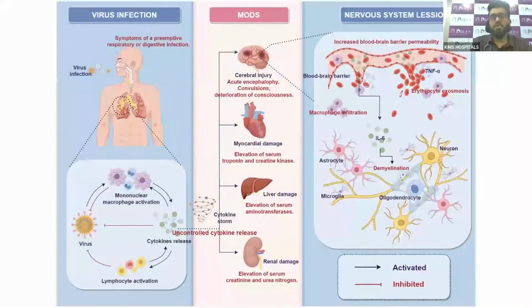Quickly about the pathogenesis: ANE is preceded by a viral prodrome. We'll look into the viruses which cause that. Then you have a systemic viremia happening along with cytokine-mediated damage to various organs. Then you have fever and a lot of inflammation happening in the system. Eventually these inflammatory mediators cause disruption of the blood-brain barrier. Then you have cytokines spilling into the brain, so you have a cytokine storm in the brain, predominantly driven by IL-6 and TNF alpha. These are the major players, and you have damage to astrocytes, oligodendrocytes with demyelination, and also microglia. So you have a whole lot of damage happening in the brain because of the cytokine storm, the predominant mediator being IL-6.